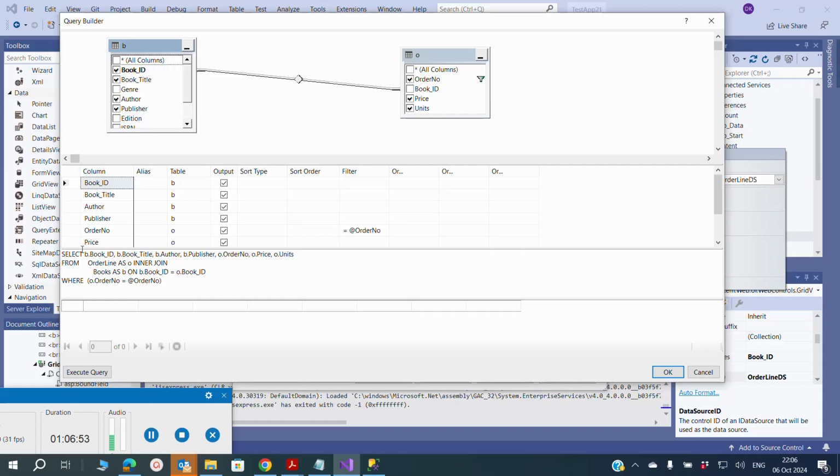So you can see we have book table aliased as B. So we have b dot book ID, b dot book title, comma, and of course we have b dot book author, comma. Don't forget the commas after every ending of field. Then we have b dot book publisher, and then we have the order line table aliased as O, so we have order number. This is going to be the query parameter we will use. Then we have O dot price, O dot units, and we have it from order line aliased as O,